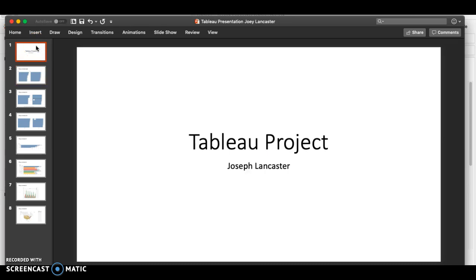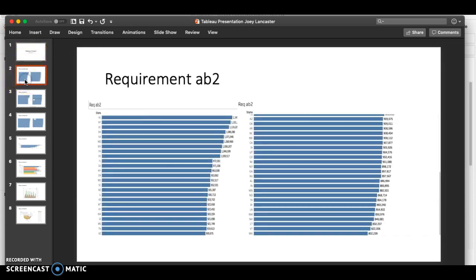In the first requirement, requirement 2AB, I created a graph to show the total sales of insurance by state. The state with the highest sales is New Jersey, with a total dollar amount of $1,145,344.72, and the state with the lowest is Massachusetts, with a total dollar amount of $802,239.42. For the next requirement, requirement 2C,